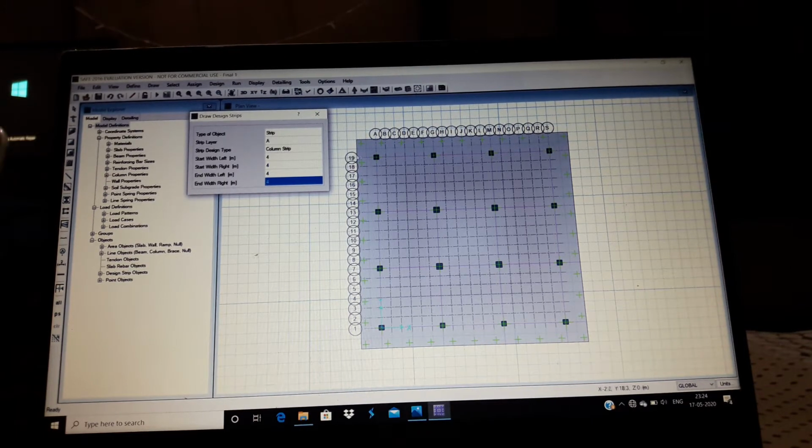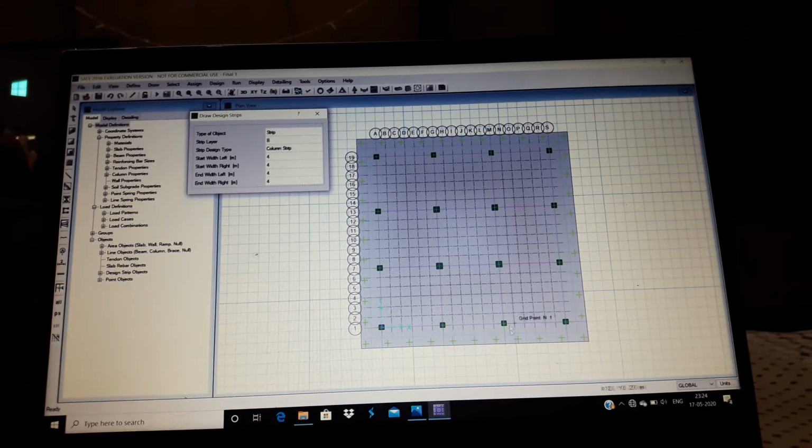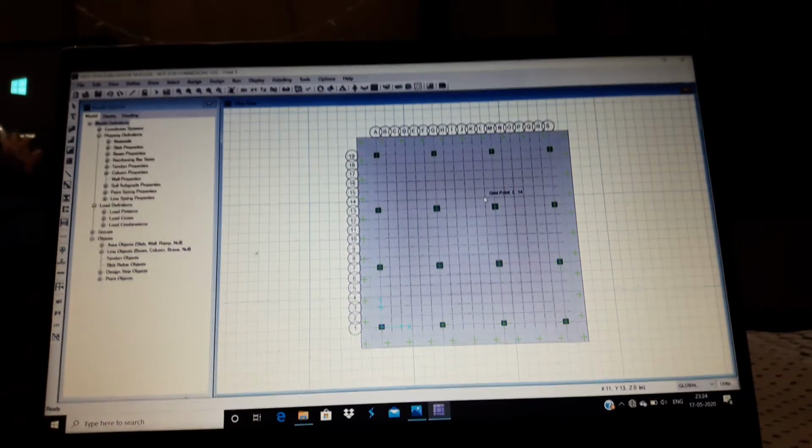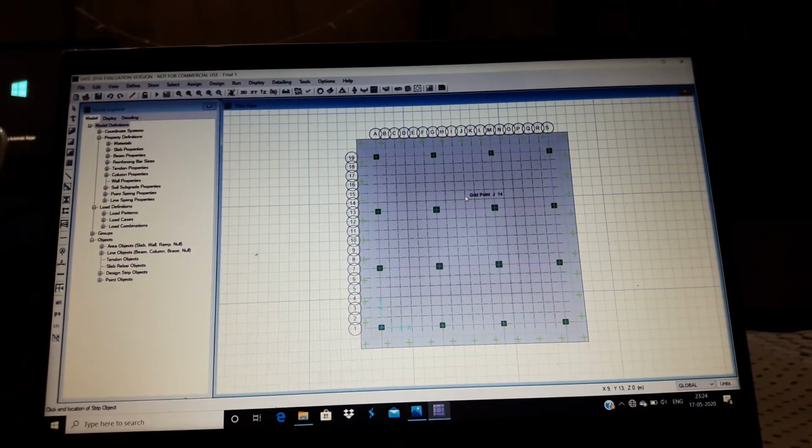For the strip layer A, mark horizontally and then select B and then mark the vertical strip layers. As you can see, the layers are in pink. Now select the footing area.